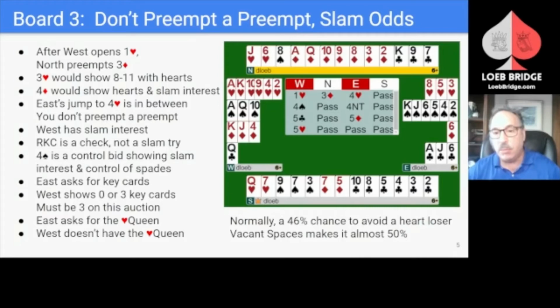North wants to jam the auction, and opposite a passed hand at favorable vulnerability, they do so with a jump overcall to 3 diamonds. Now that's ostensibly a weak jump overcall, but opposite a passed hand, North's hand can be quite reasonable. Here, North has 10 high card points, but still preempting makes sense to jam the auction. Now at this point,